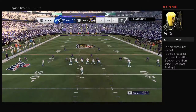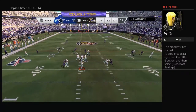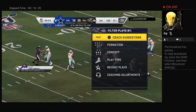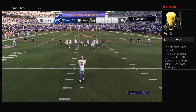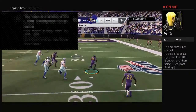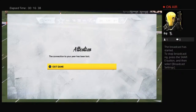This offense in desperate need of a conversion as they come up on third down. Prescott from the gun. And that will be incomplete. You can tell they were hoping for a flag there offensively. Several on the sideline motioning, hey, why not a penalty? Why not a penalty? Now they're going to try this again. It's another fake. Oh, but this is going to backfire as it's intercepted. Picked off at about the 31. And they'll have...